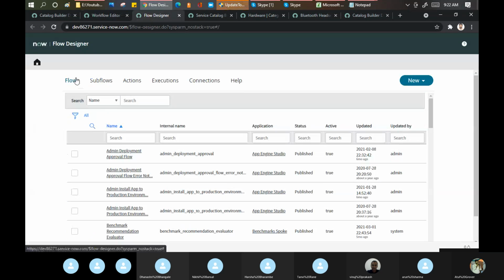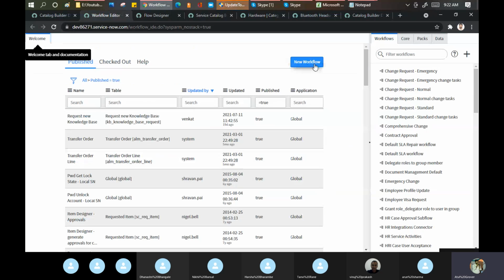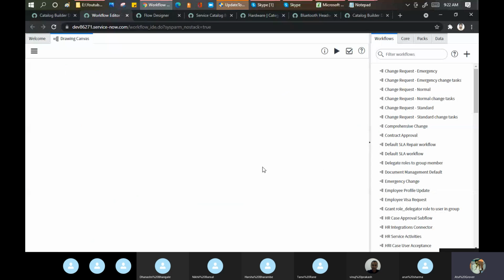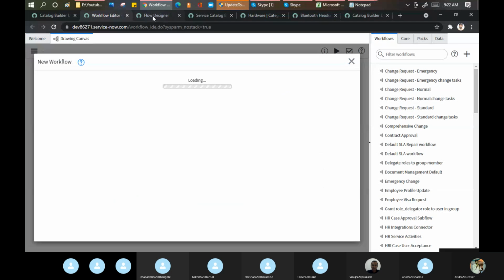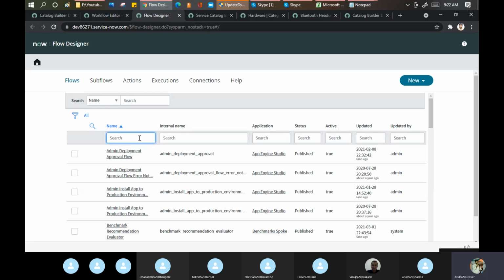Same thing here, it gives a little more: flow, subflow, action, execution, connection, and help. Here, if you click on new workflow, it will ask you for the details, the table name and all the things. I'll go here. Let me show you yesterday's one first.